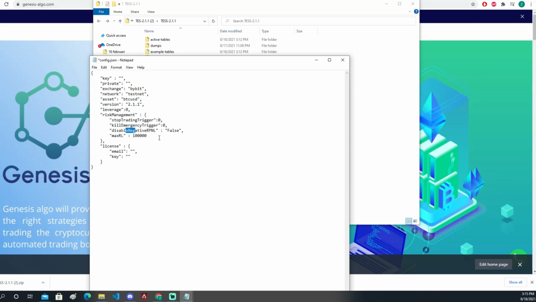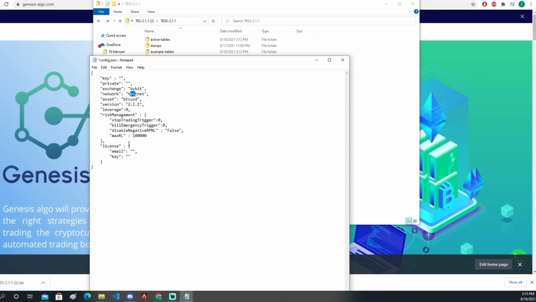The disable negative realized P&L setting basically means: after how many satoshis of realized losses do you want the bot to stop running. We set that to false until I make a video on how this is used. So you can basically keep these the same. The only thing we will have to do is fill in our API keys and change this one to testnet